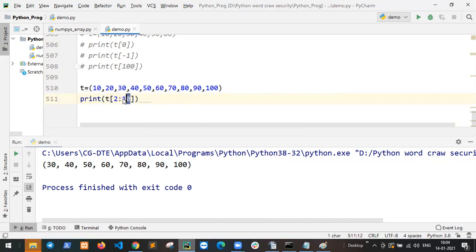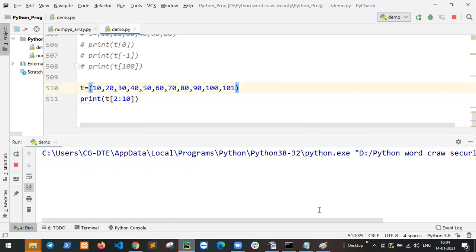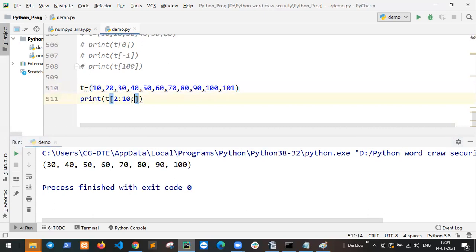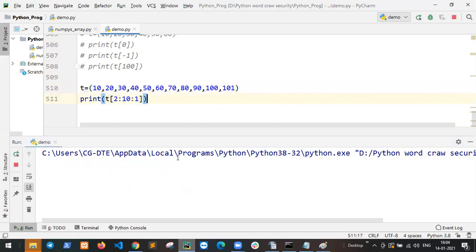So 9 is executed. If I say define 1, the result is the same.